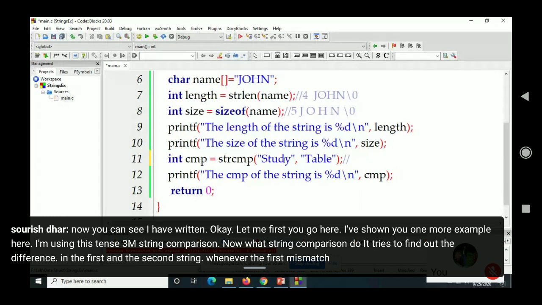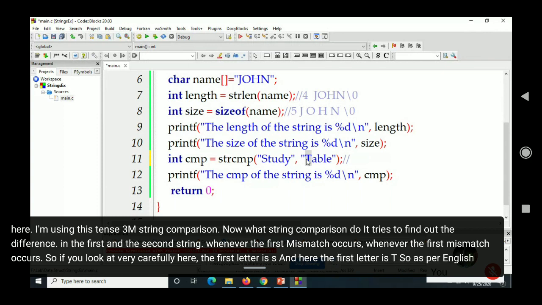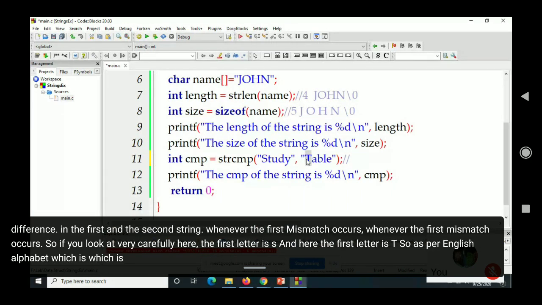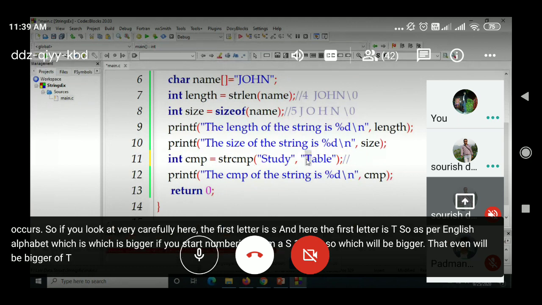If you look very carefully, here the first letter is S and here the first letter is T. So as per the English alphabet, which is bigger? If you start numbering from A as 1, B as 2, which will be bigger, D or T?